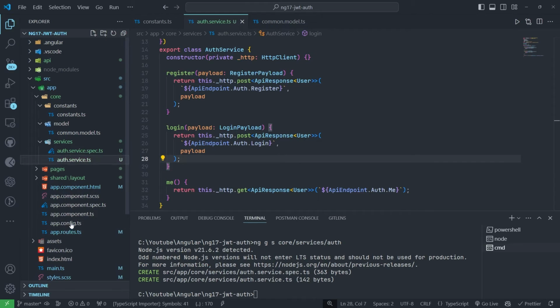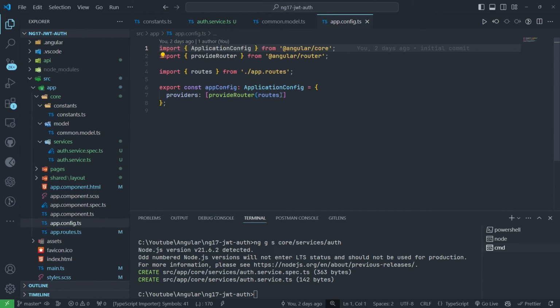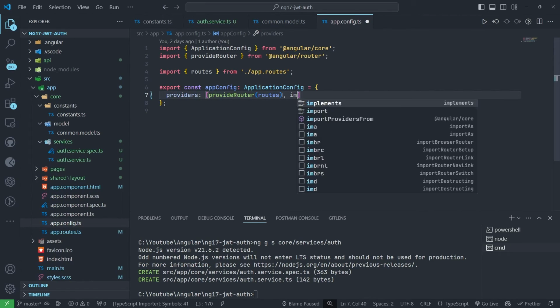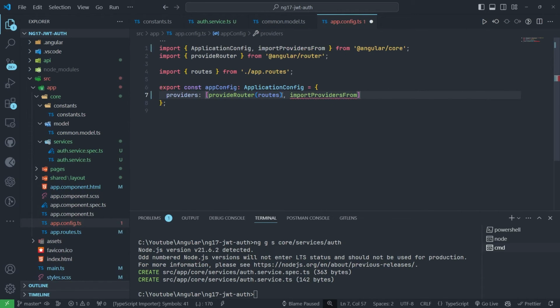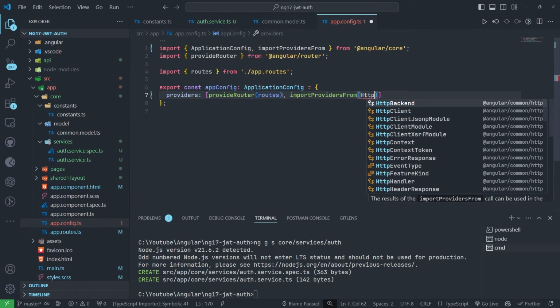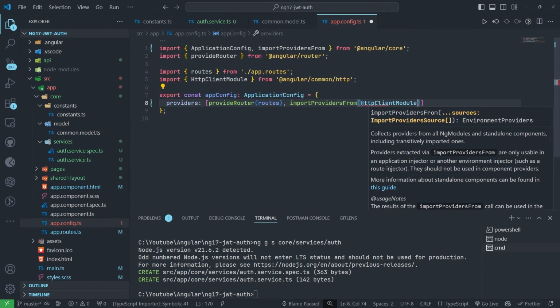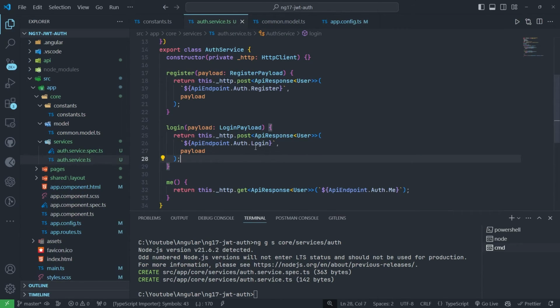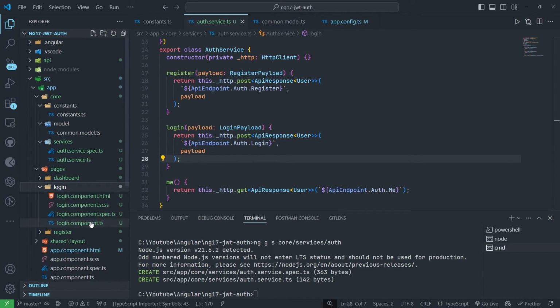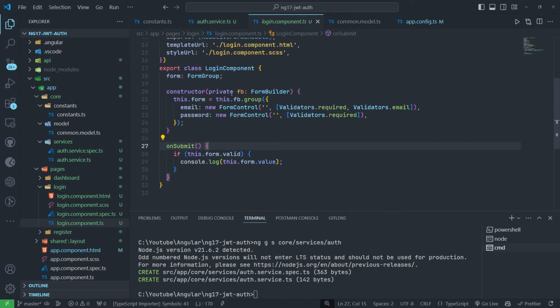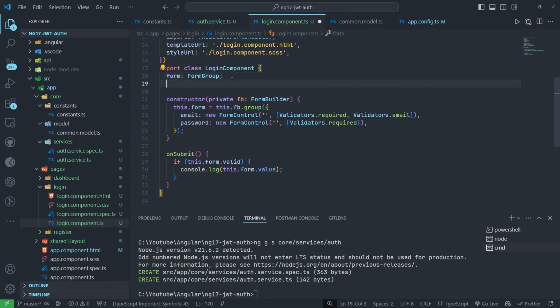Now first of all, in the configuration, we'll import the HTTP client module. Import providers from HTTP client module. Okay. Now we can use this API and we can check. So in the login first, we will check. In the constructor, we can inject, right? Just like login service